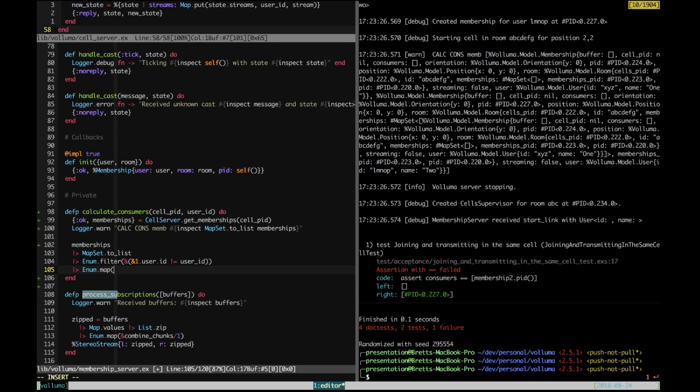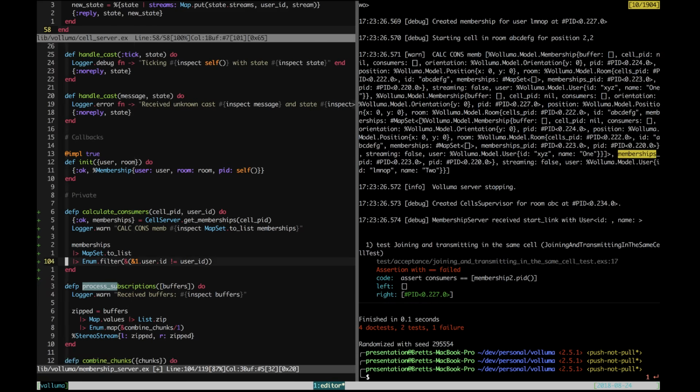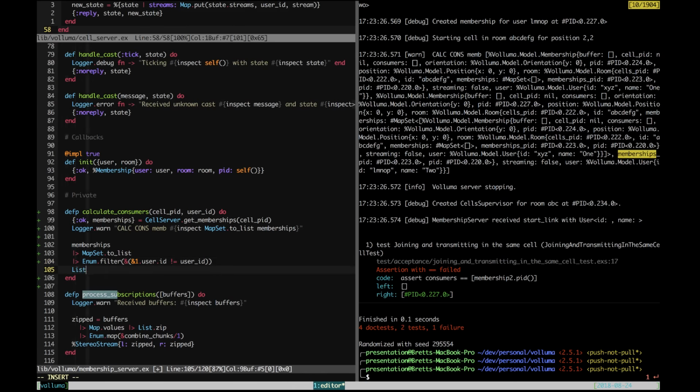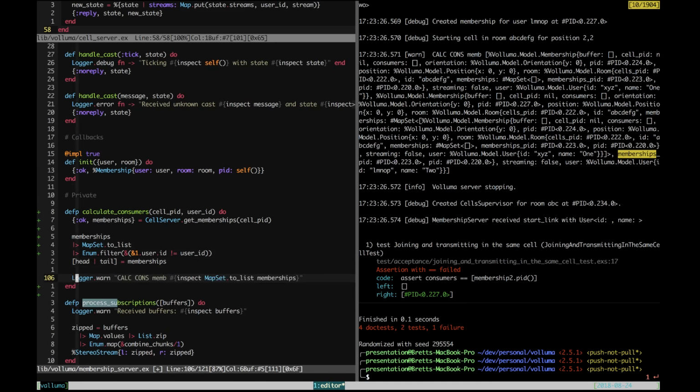So we map over it and get the membership's PID. So if we inspect the head,